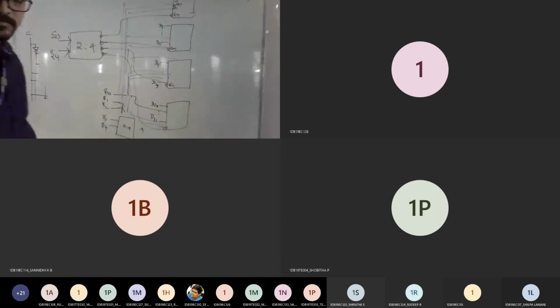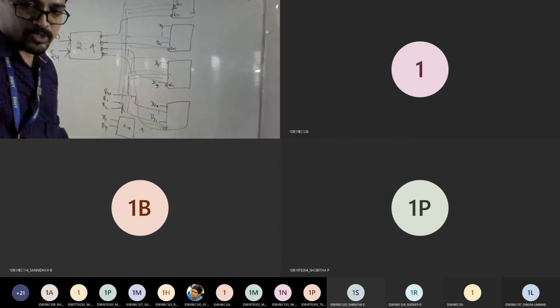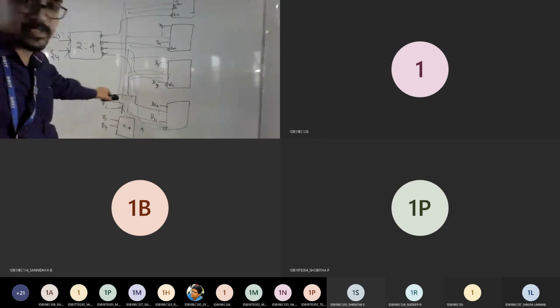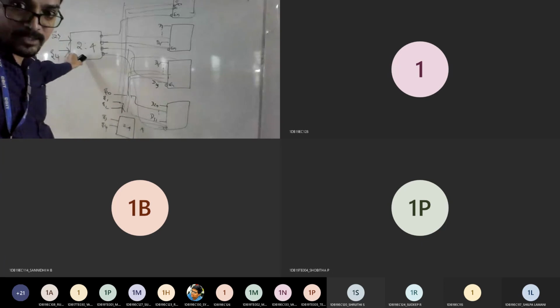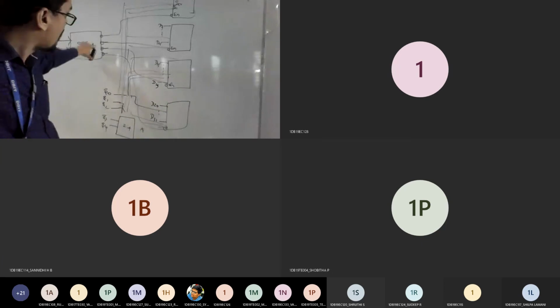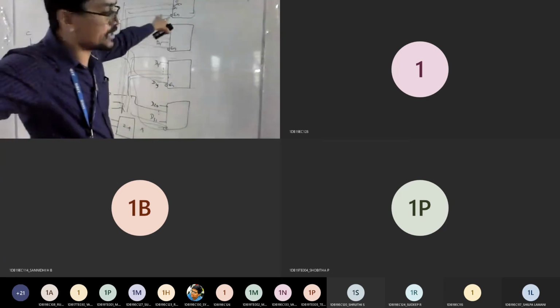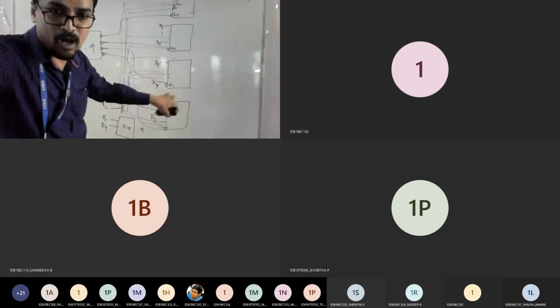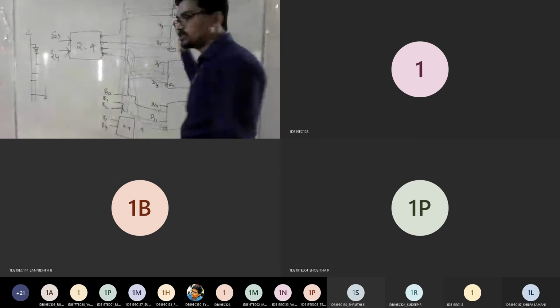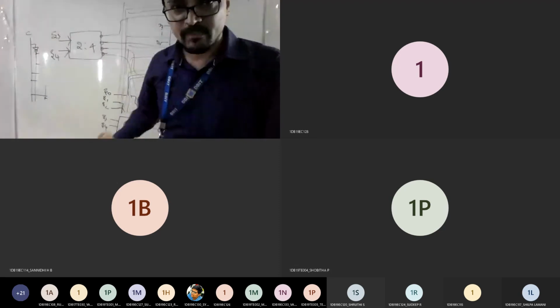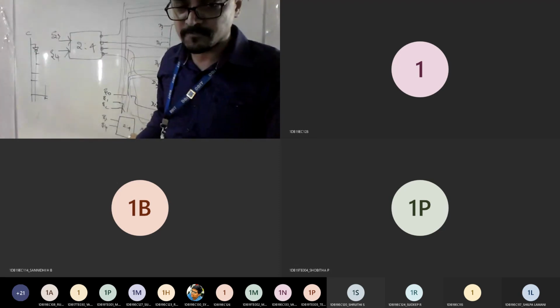Am I clear? So 3 selection pins you're controlling using 8:1. Remaining 2, that is S3 and S4, you're controlling through your 2:4 decoder. Output of decoder should be connected to each enable pin of your 8:1. So there is no selection pin control left out, right? So can I make use of 4 input OR gate here?